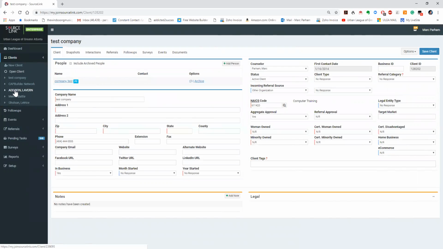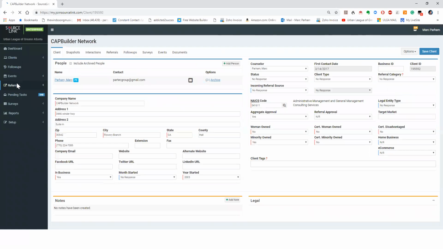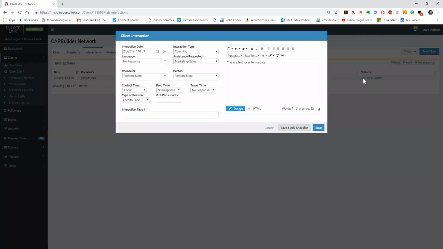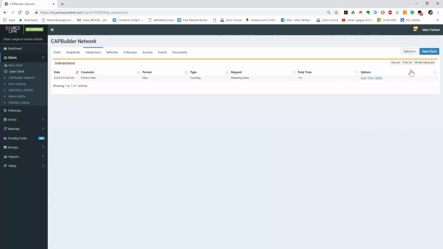You can also do like when we were working with me earlier. If we go back to me, and you had a new interaction, you go to interaction, you can see where this is. So for example, if I was another coach working with the same client, I could come over here and open this up and I can see what was talked about. All right. So if I created a new interaction,